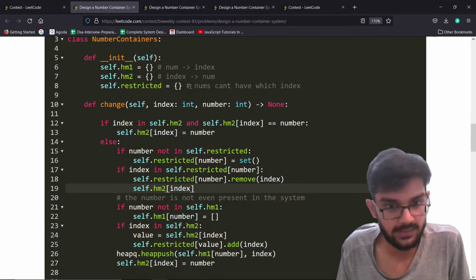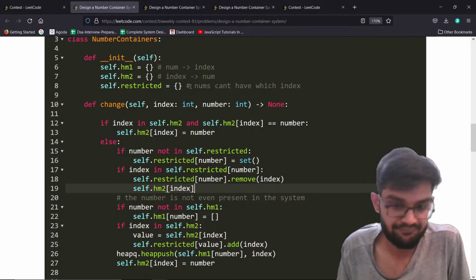Self.hash_map_2 of index is equivalent to